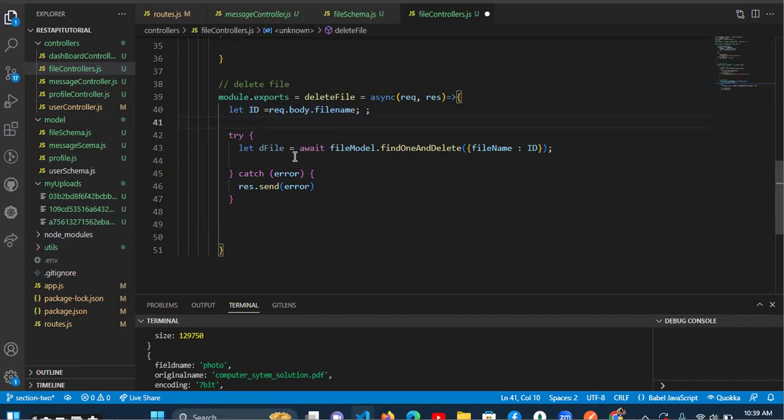So we just, as usual, we just do this. And we said if the file is equal to this and this, you should just do this. So it's a try catch. You should find one and delete. And what we are deleting by is file name, right? So there is a field called file name that I created on